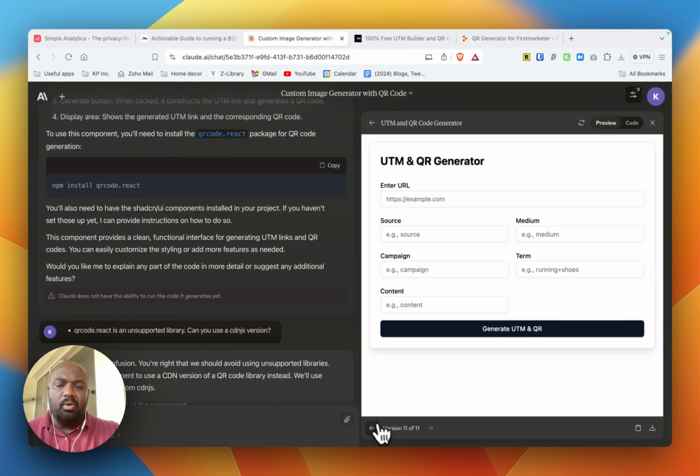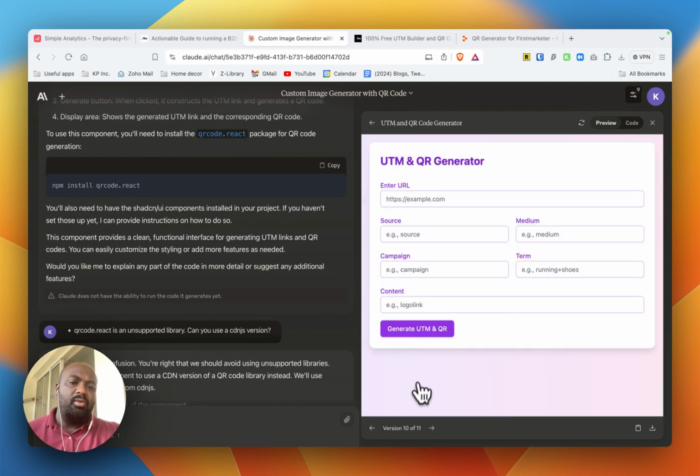So when the prototype reached a certain level, you can preview or switch between multiple versions that Claude has generated within the same window. That's a feature that Claude has got built in. And once the app reached a certain